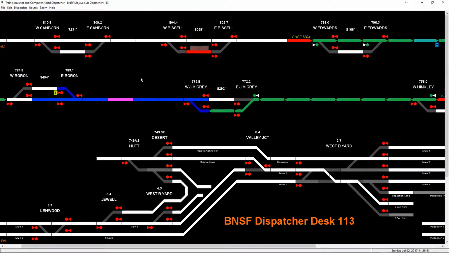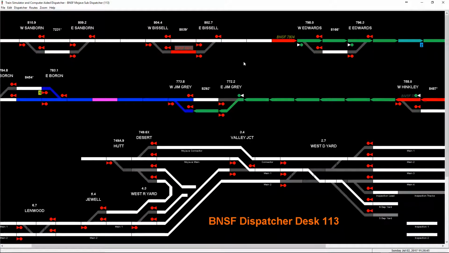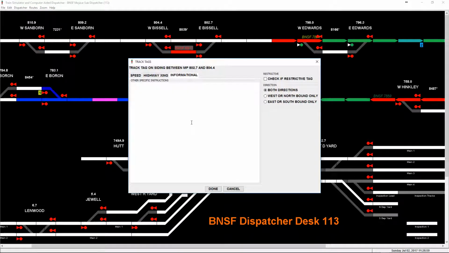But while we're still waiting to hear from him, what we're going to take a look at now is another feature that's added, and those are device blocks and OS blocks. So we talked about this train up here in the siding at Bissell. We noted him. It's an eastbound, and he has no crew at the moment. So one thing we might do is use F4 our info to just make a note, waiting for recrew,